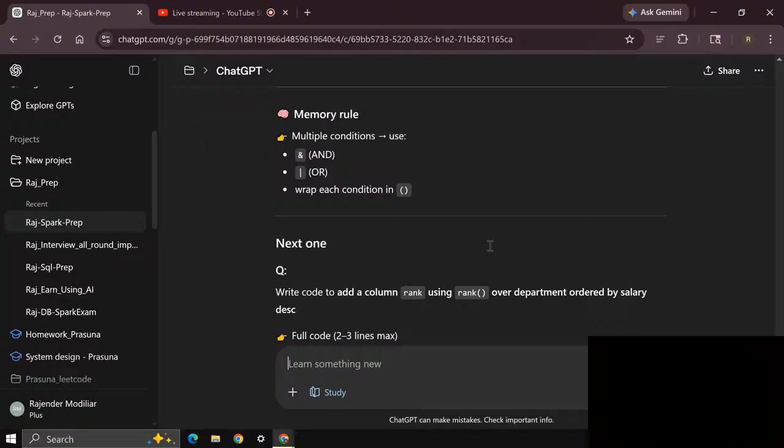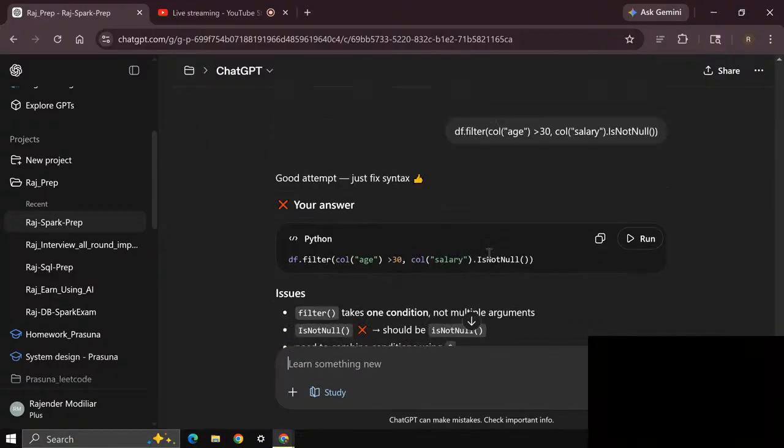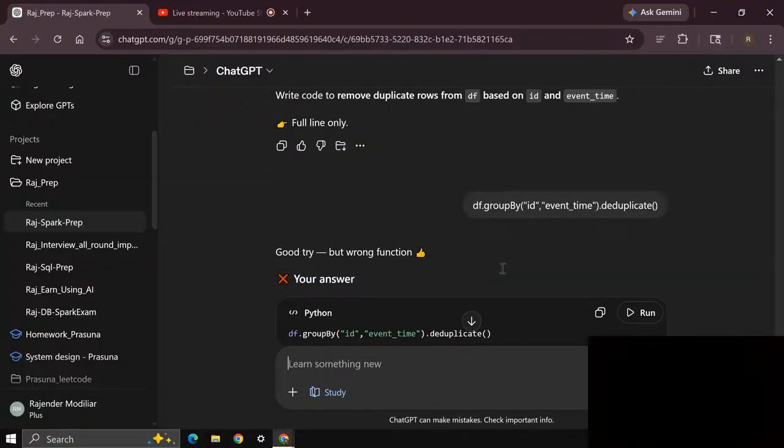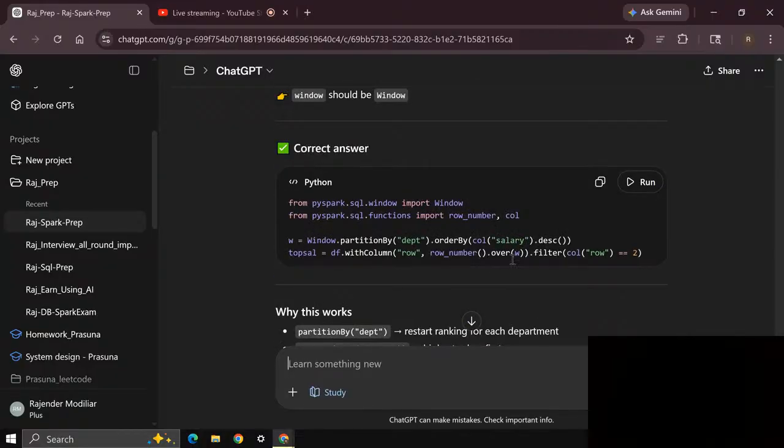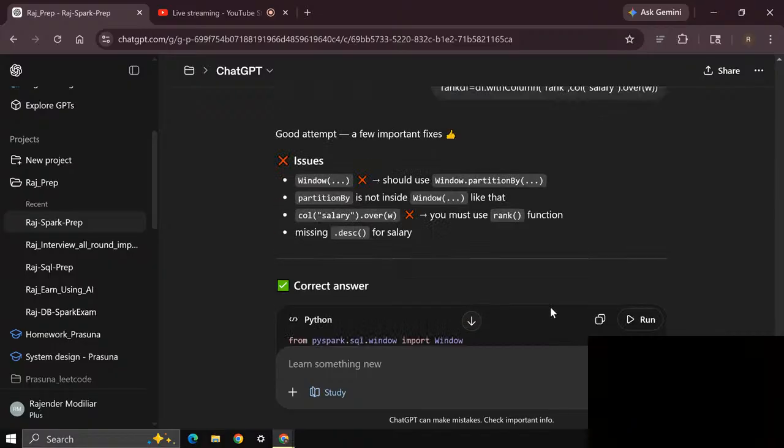I need to say here the rank function dot over w. Here it says row over w dot filter column row equals 2. That's what I had written; I forgot completely. After the new column, you need to get the definition of that column like rank dot over w close. That's it. Nothing much left here. Let's go to the answer.